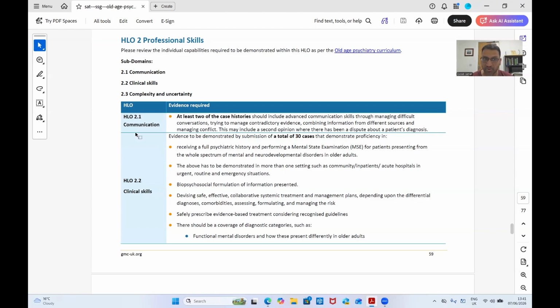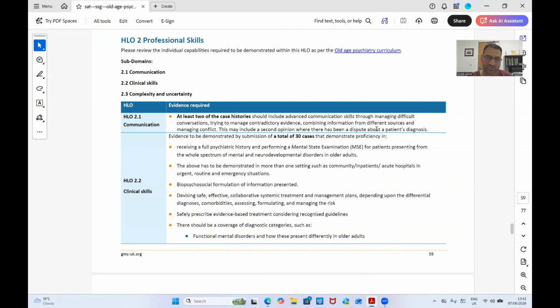So HLO 2.1 communication: at least two case histories should include advanced communication skills through managing difficult conversations, trying to manage contradictory evidence, combining information from different sources, and managing conflict. This may include a second opinion where there has been a dispute about a patient's diagnosis. So in old age psychiatry, you may see where